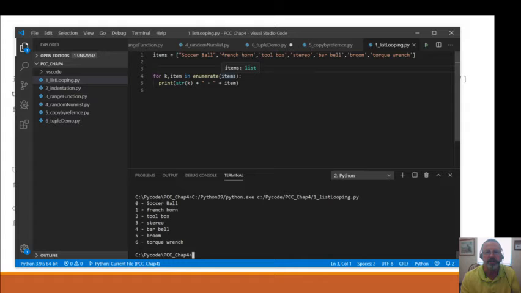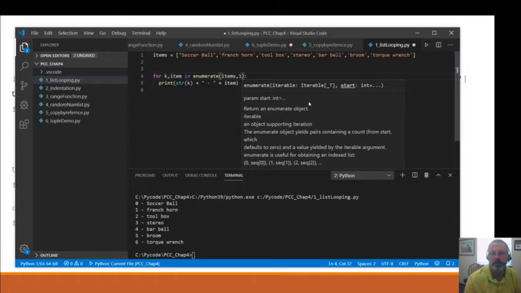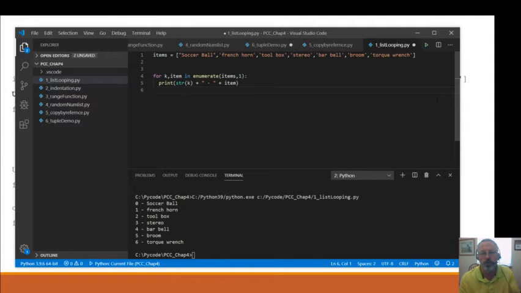So there's two kind of things. There's one thing we can do with the enumerate function, we can say comma 1. And that means start with 1. So if I run this again, now it's numbering it 1 through 7. Okay? So the enumerator isn't specifically tied to the index number. It's just saying enumerate it.